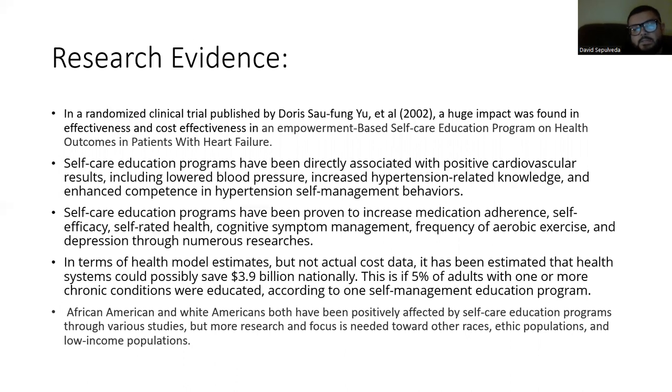So this is just an estimate, not an actual crunch of numbers of how much the healthcare system could save nationwide. Also, from a race perspective, African Americans and white Americans both have been positively affected by self-care education programs